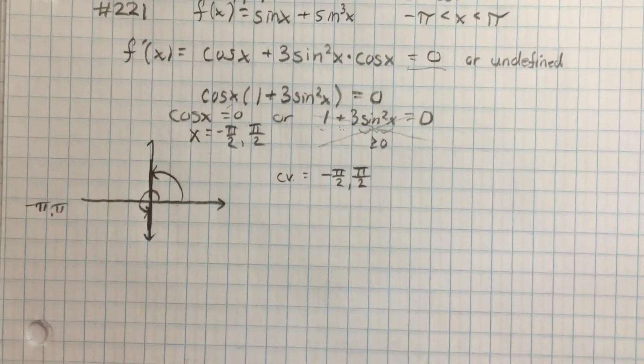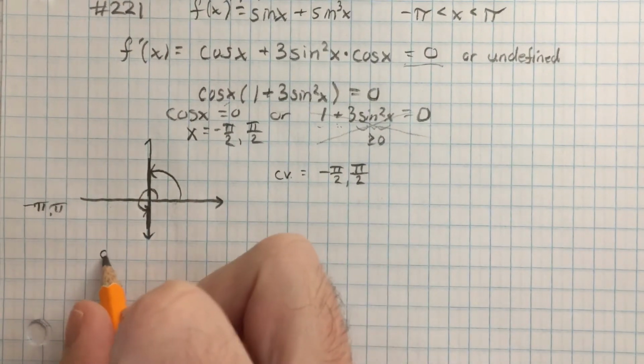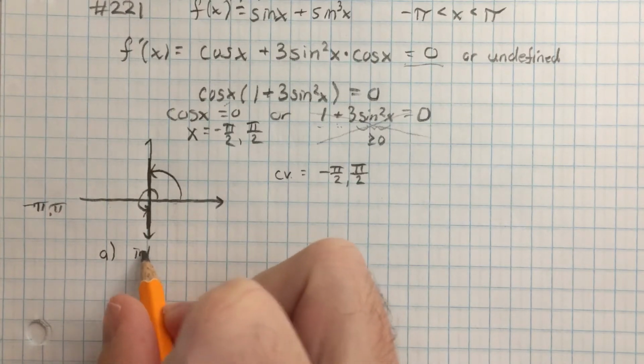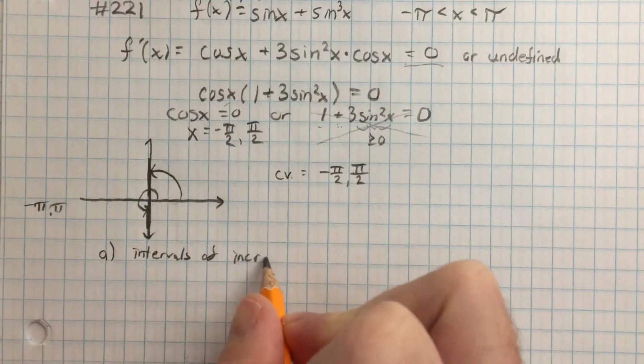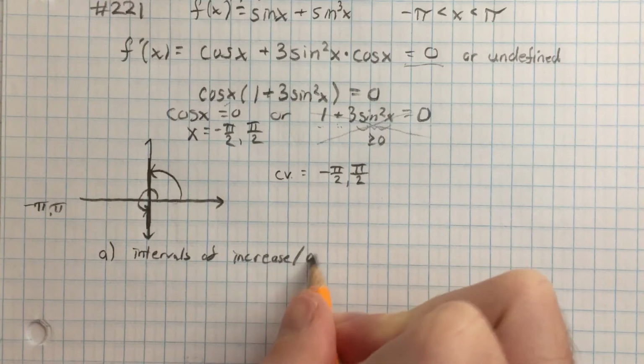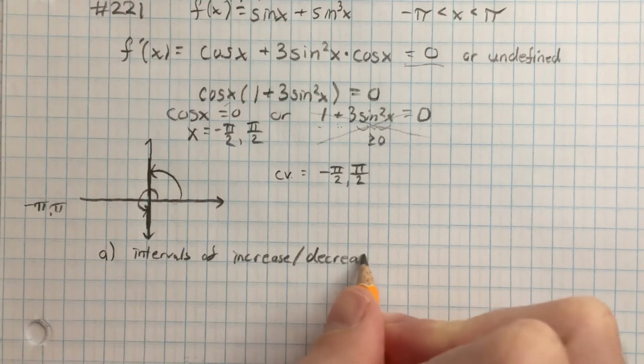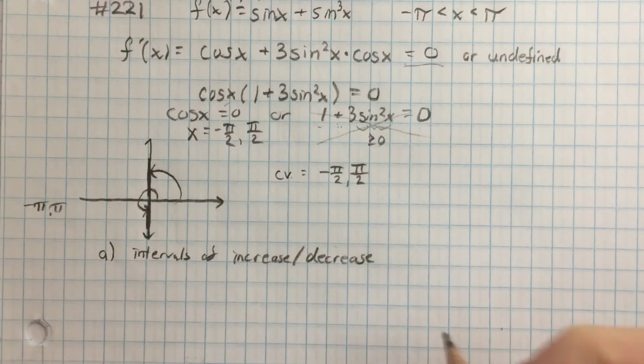So now to answer part A of the question. Part A was dealing with intervals of increase, decrease for this function over this interval. So using our sign chart,